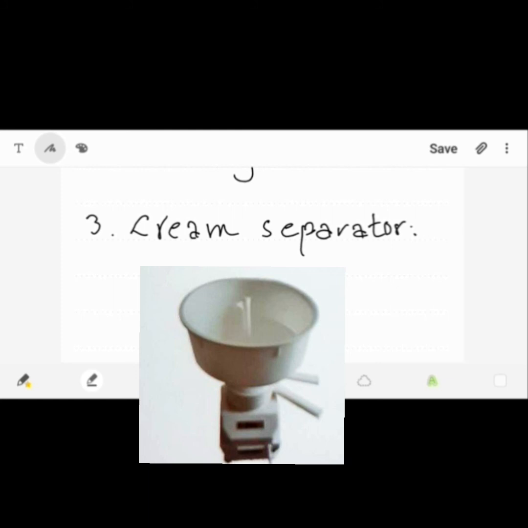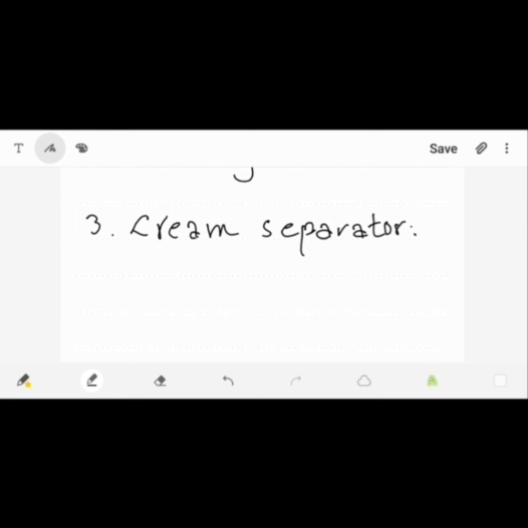When the milk is placed in the spinner, it spins with very high speed. The cream and the water content separate from the milk. The cream is a light particle, so it gathers near the spinning axis. Therefore, skimmed milk, which is denser than cream, is collected at the outer wall of the bowl. The lighter part, cream, is pushed towards the center from where it is collected through a pipe.